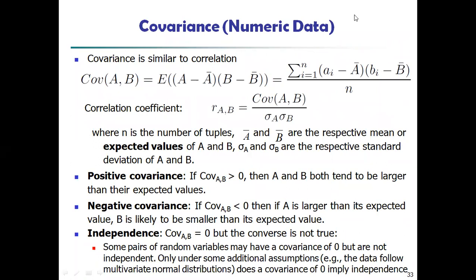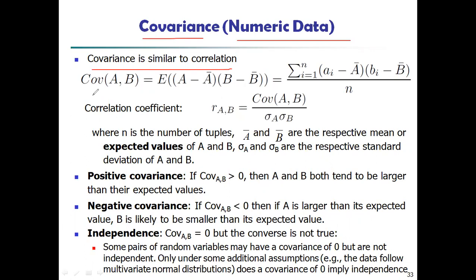Okay, next we are going to learn about covariance. So this covariance is another kind of analysis for handling redundancy for numeric data. Covariance is one kind of analysis technique to handle numeric data or to calculate the numeric data relationship, isn't it? So covariance is similar to a correlation. What is the first point here? The covariance, whatever we are going to calculate, is almost similar to a correlation.